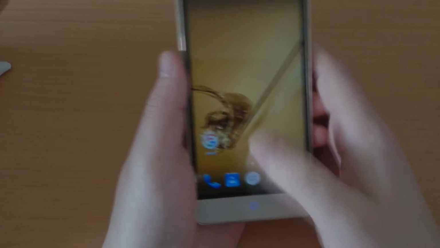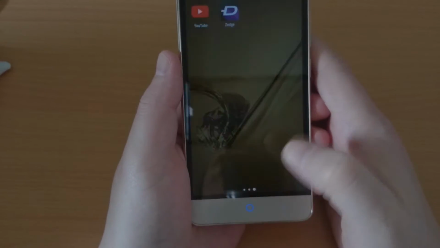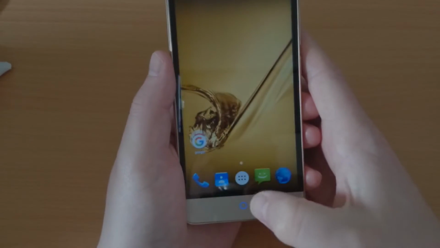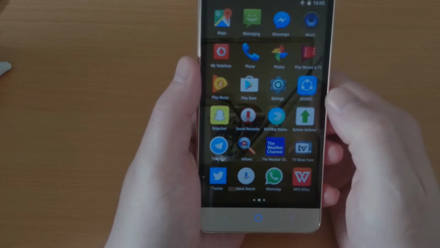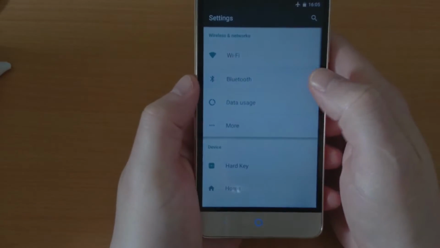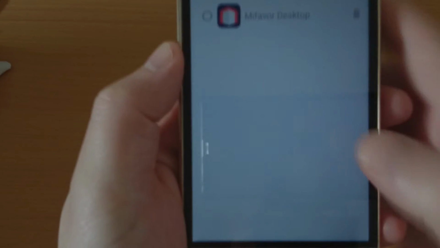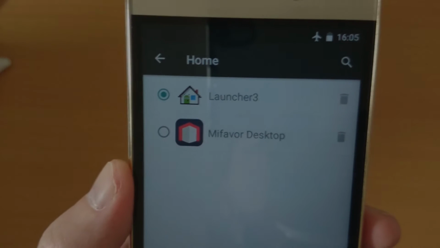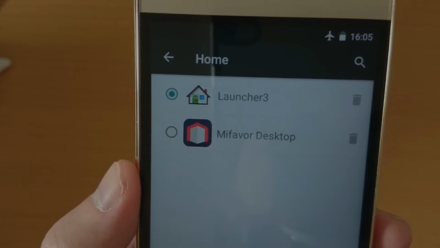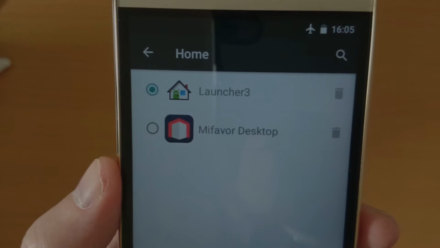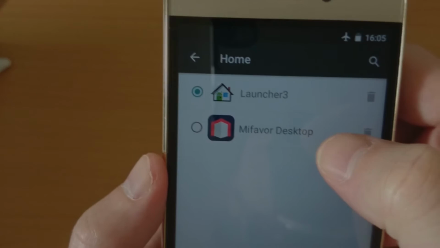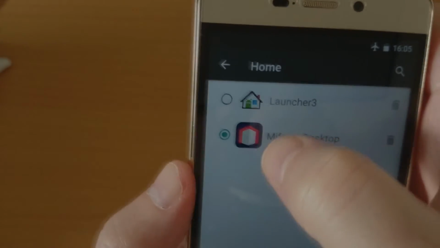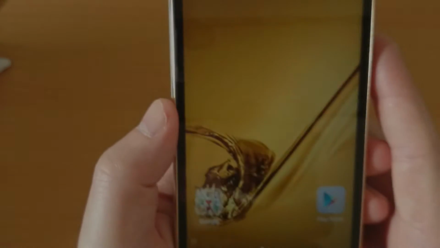We have two ways we can interact. We have our standard app drawer. Now, as mentioned, we do have an option, so we don't have the app drawer. There's these little two apps here. We have Launcher 3 and Mi Favor Desktop. Now, I'm using the Launcher 3, but if you select the Mi Favor one,